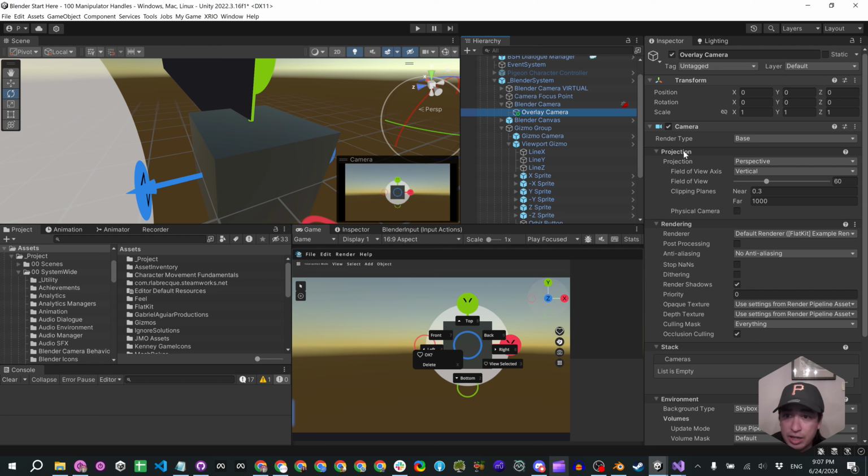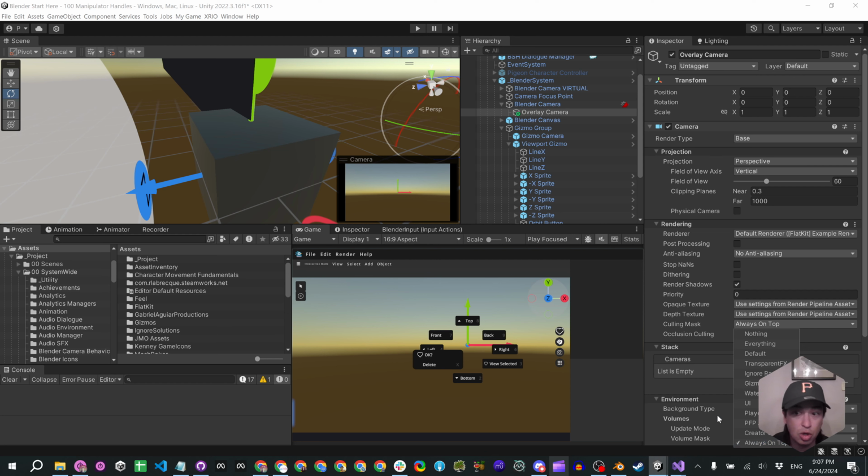And we need to go down inside the camera to the culling mask and select nothing. And then go to always on top. So it's only rendering the layer always on top. Once that's done,